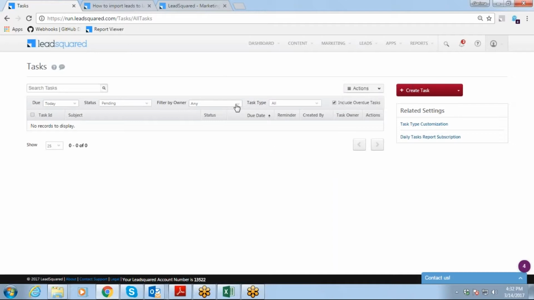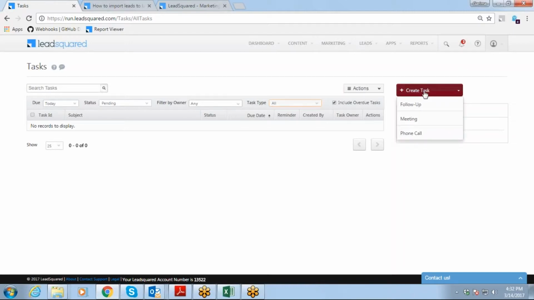So what you can do is filter them by task type, which are pending. Is it a follow-up or meeting or anything? Status is pending, and you just see all. If you want to see all, you can see all the tasks of every lead, and you can see the tasks which are due today, and you can just complete them accordingly and do your work. Correct?